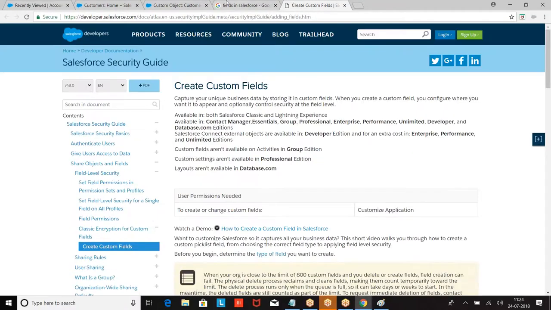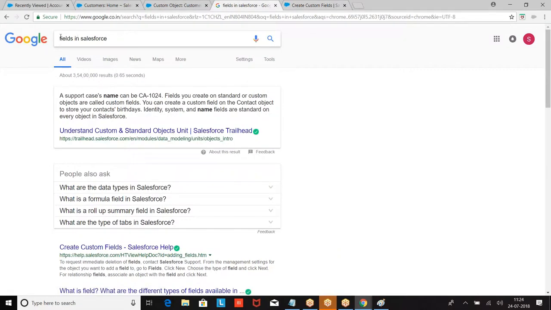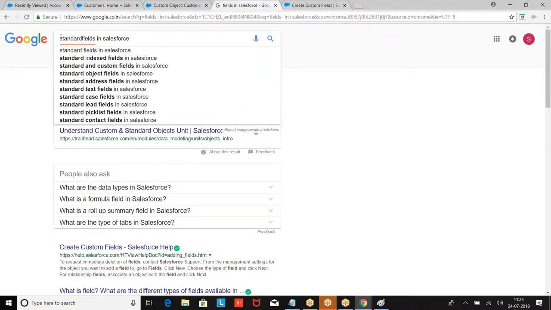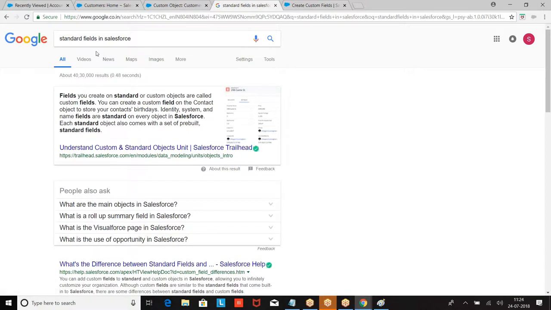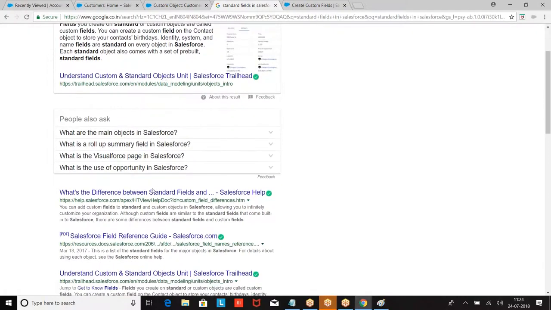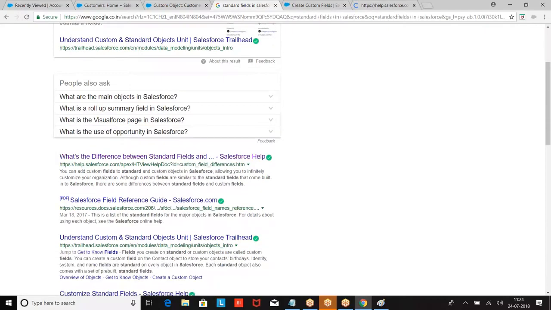What do you mean by a standard field? Fields created by Salesforce are called standard fields. Now who is going to create these fields?